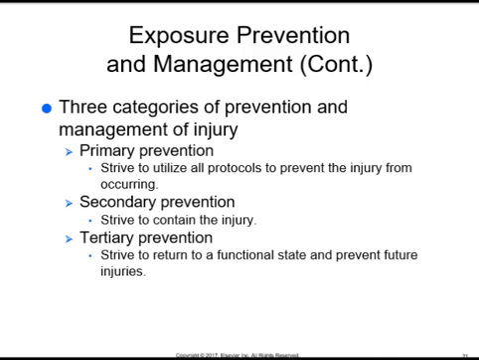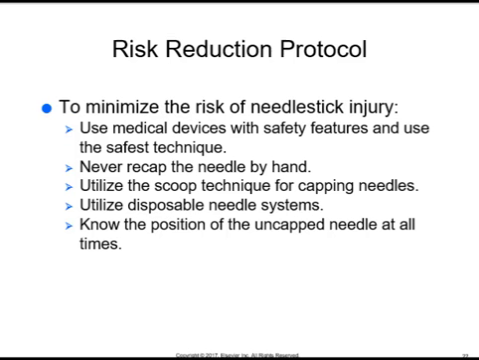The three categories of prevention and management of injury are primary prevention, which is striving to utilize all protocols to prevent the injury from occurring. Secondary prevention is to strive to contain the injury, and tertiary prevention is to strive to return to a functional state and prevent future injuries. The risk reduction protocol: to minimize the risk of needle stick injury, you want to use medical